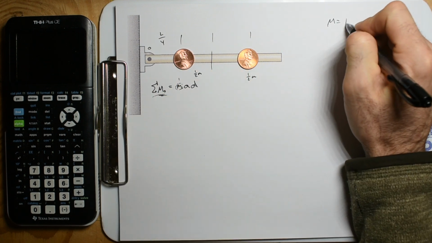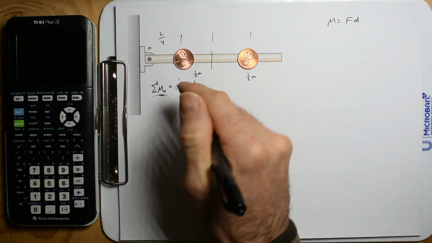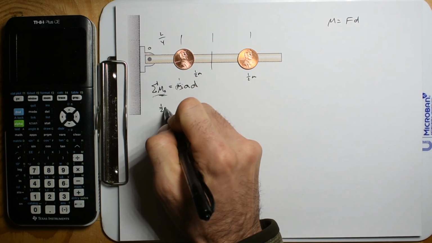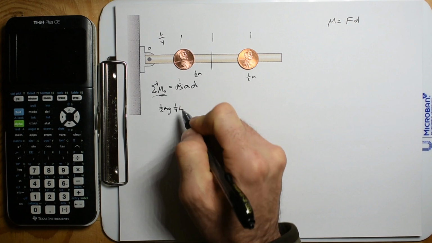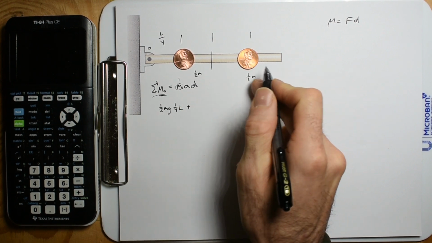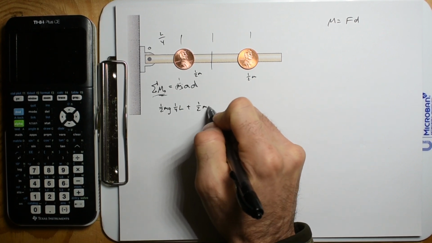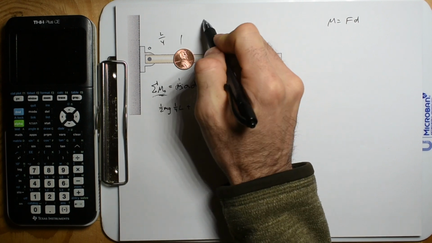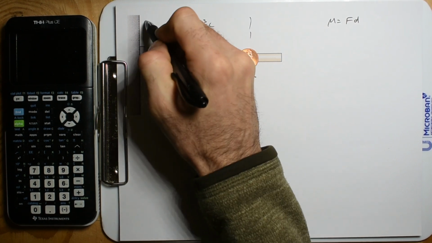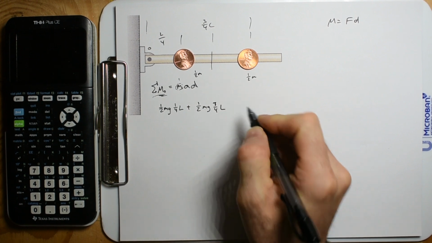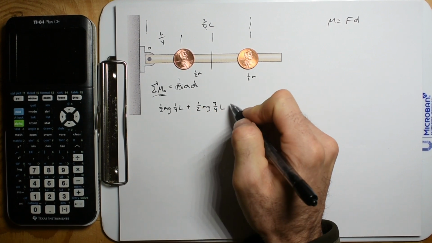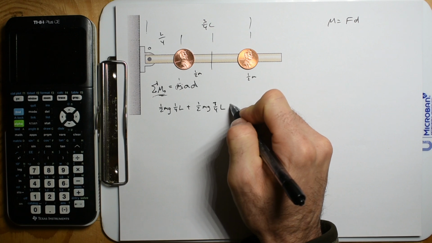Moment is force times distance. So the force on this is going to be 1/2 mg. The distance out here is going to be 1/4 L. And the other torque is going to be 1/2 mg, at a distance of 3/4 L. Sweet. So that's going to be the moment, and now this has to equal